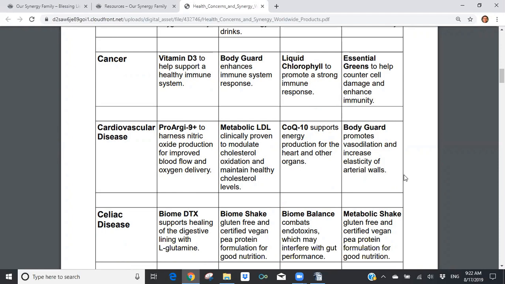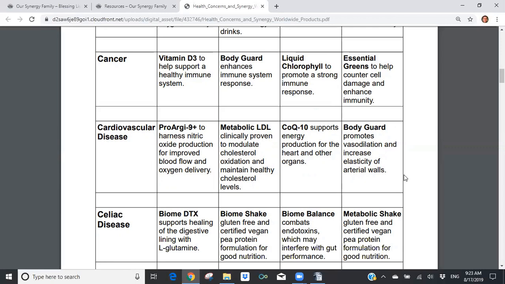The Biome Balance, which uses, not berberine, but uses, or does it use, I can't remember. I'll have to look that one up. But on the Biome Balance, again, it helps to combat endotoxins, because endotoxins are typically what causes problems with gut health. And then the Metabolic Shake, when I produced this